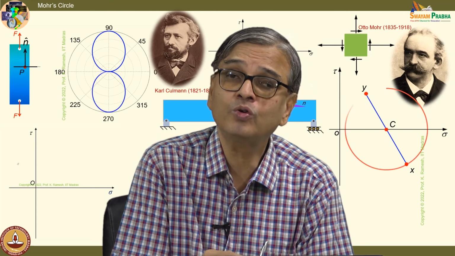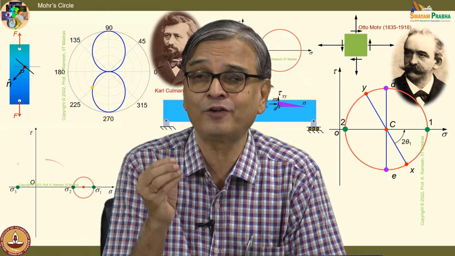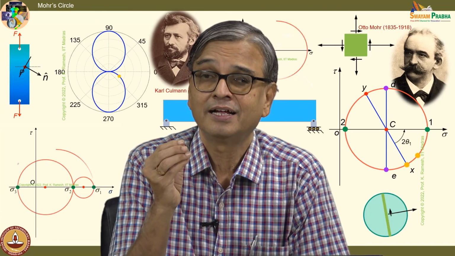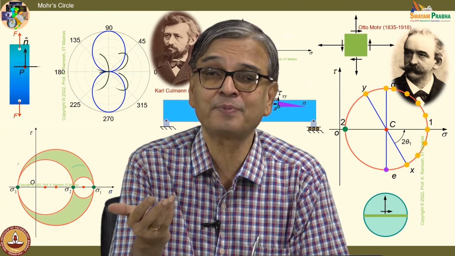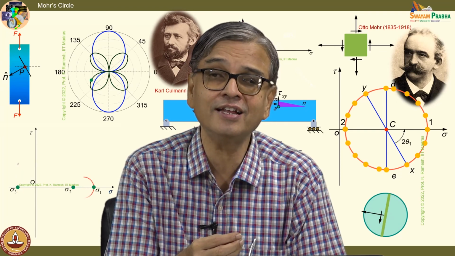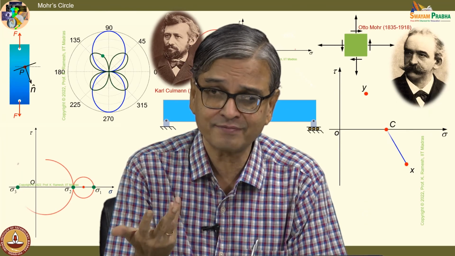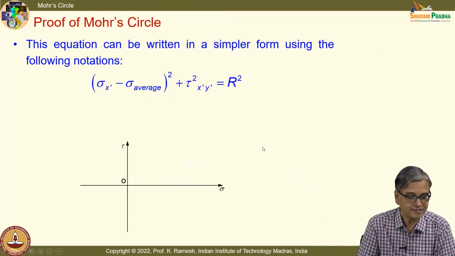Now we have proved it will always be a circle. It will not be like a nice butterfly. Only for a simple tension we got the shear stress appearing like a butterfly. If I go for any other stress tensor, we may have different curves which we have not looked at at all. But the beauty of Mohr circle is it is easy to draw,